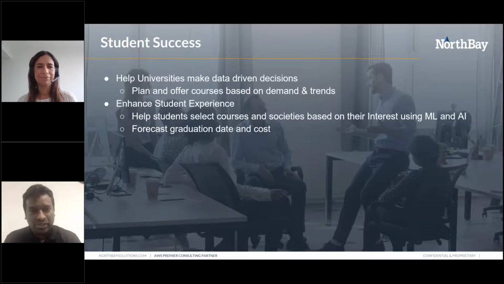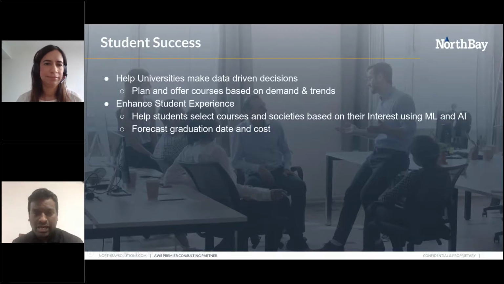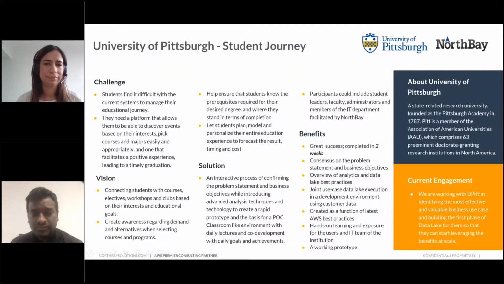That's the whole point. And this is something that a lot of universities are taking up as new initiatives, because with the machine learning and AI evolution or revolution that happened in recent times, it is making it easier to predict and also assist and recommend to these students what they might need, and it will help enhance their experience at our university. So this is something a lot of universities are adopting as new initiatives. And going to one of the case studies, again, we work with the University of Pittsburgh.